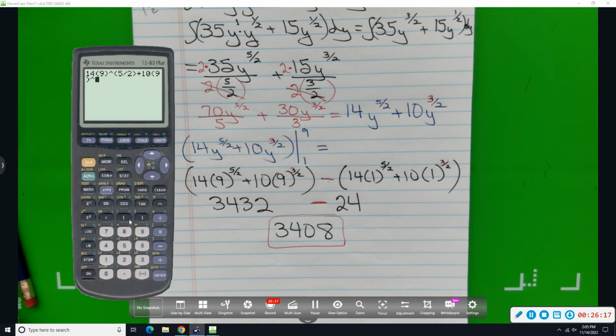That was where I made my mistake. 3/2 equals